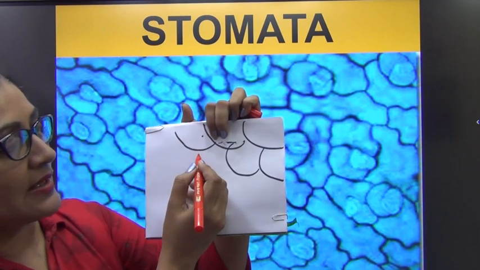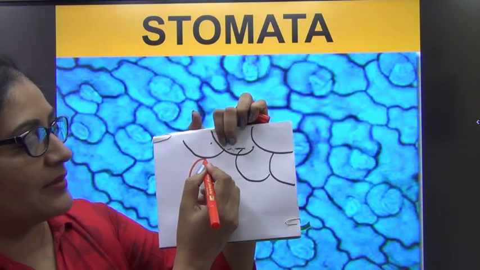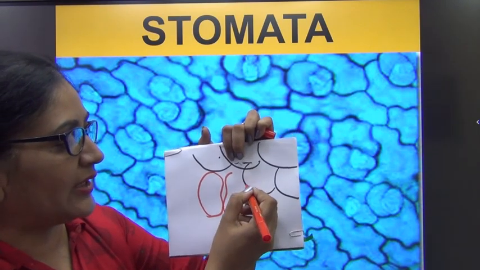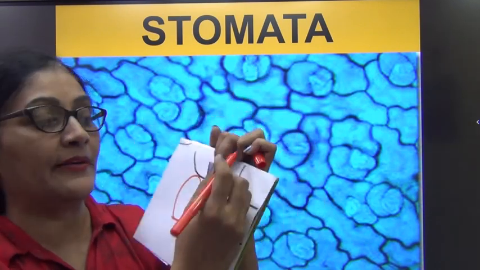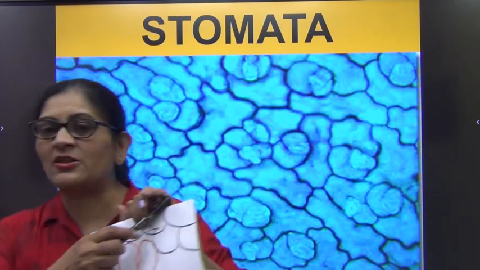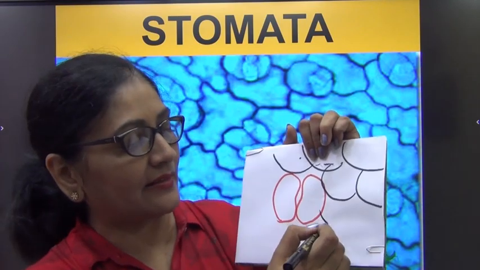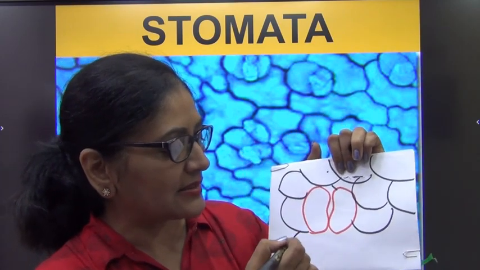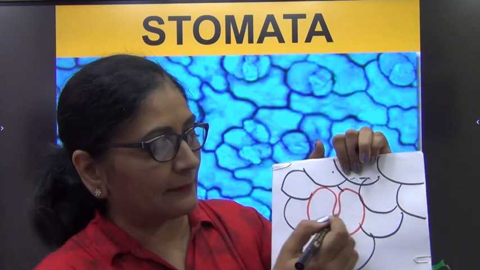So let me show this. This is again an epidermal cell only, but its structure has got a little modified with respect to the others. See, I have drawn it in red. This has got modified, and in between, such a structure is forming. Then this is my epidermis. Then this is my epidermal cell. Then this is my epidermis. Even this is an epidermal cell, right?